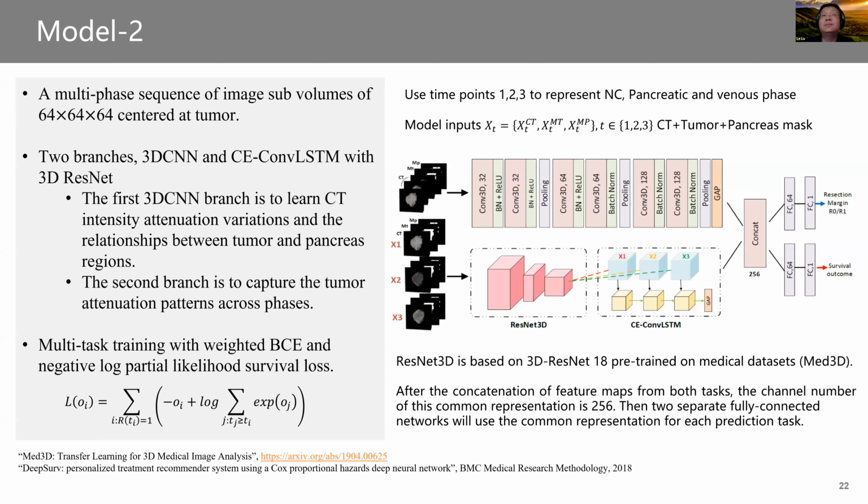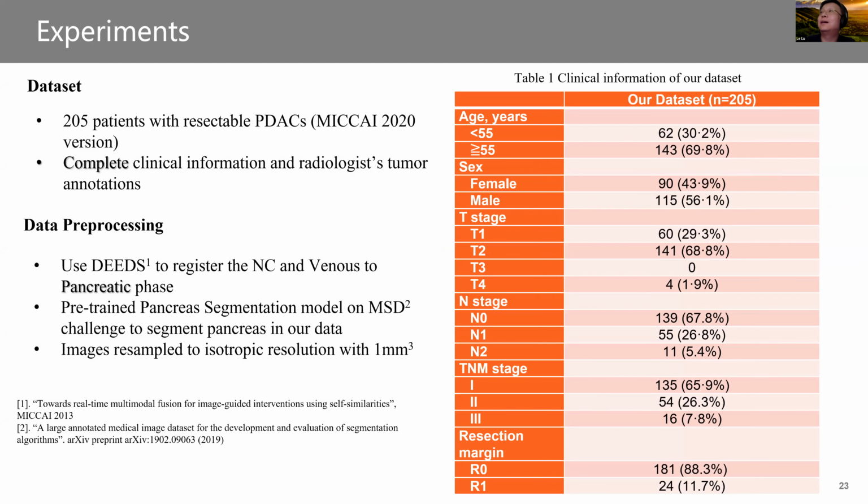So this is basically the network we use. We use this network to do this task on behalf of humans. By that time we only had 200 patients. Right now we have much more than that, and this is the conference version of the statistics.